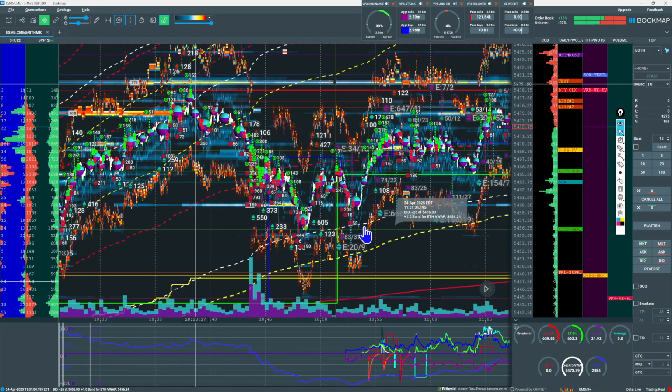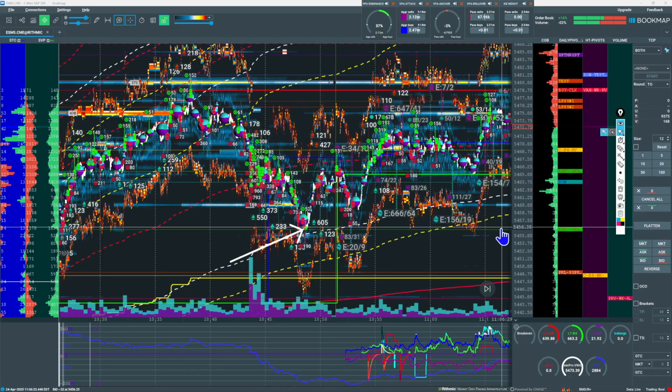So basically, we come down to this level right here, create the buying climax at, let's see here, 54, 55, 85. So let's say 54, 56. So that's the automatic reaction. So that's the first sign of real selling, right? So you can see here, we had a nice drop from the buying climax down to 54, 56.